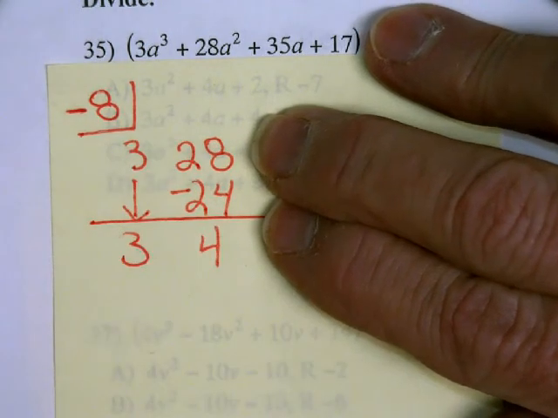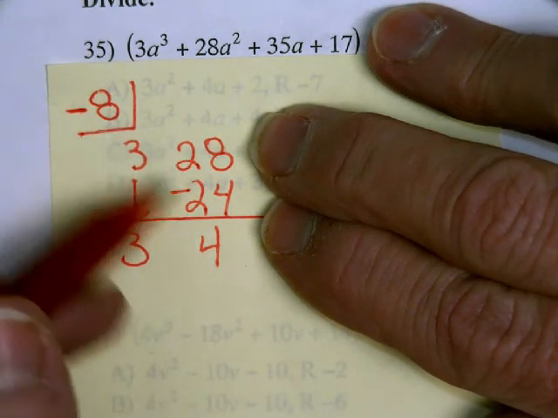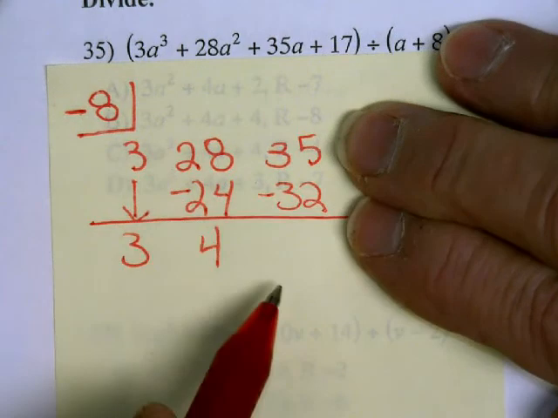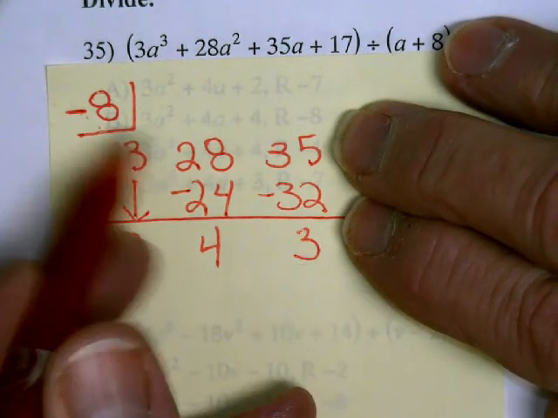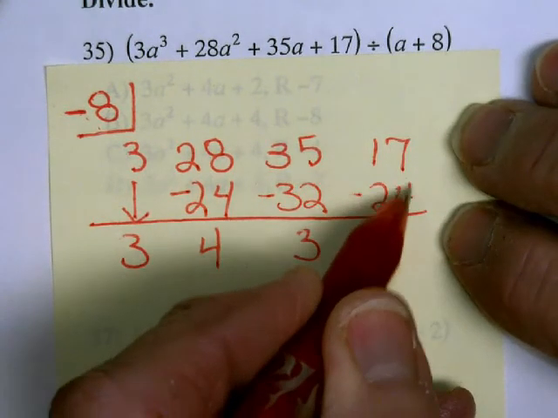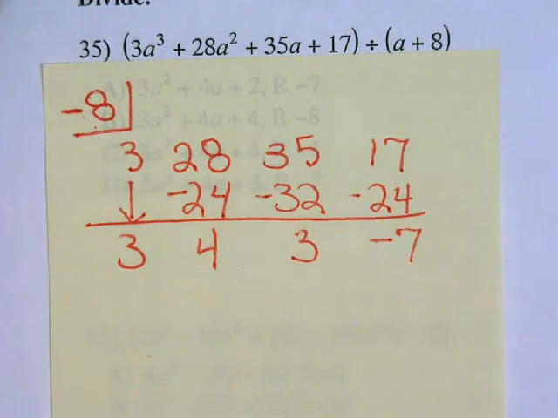Since I added 28 and negative 24, I got 4. Now I multiply -8 and 4, I get a negative 32. Then I add those two together. Then I multiply -8 times 3, negative 24. Add those two together. Now this is a little different than what you did in the homework because the homework